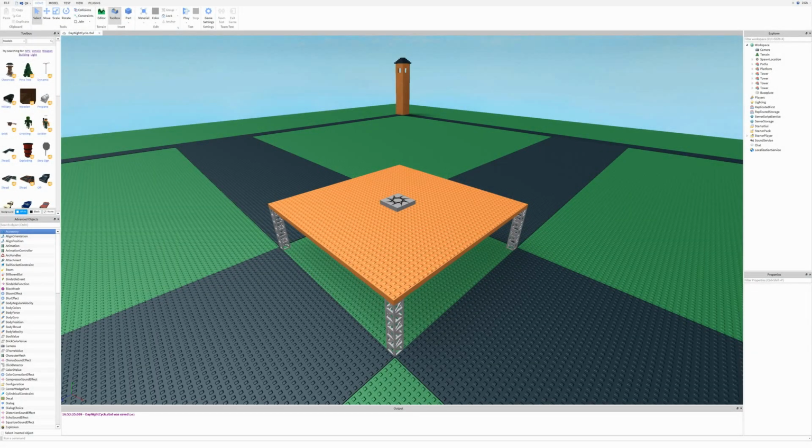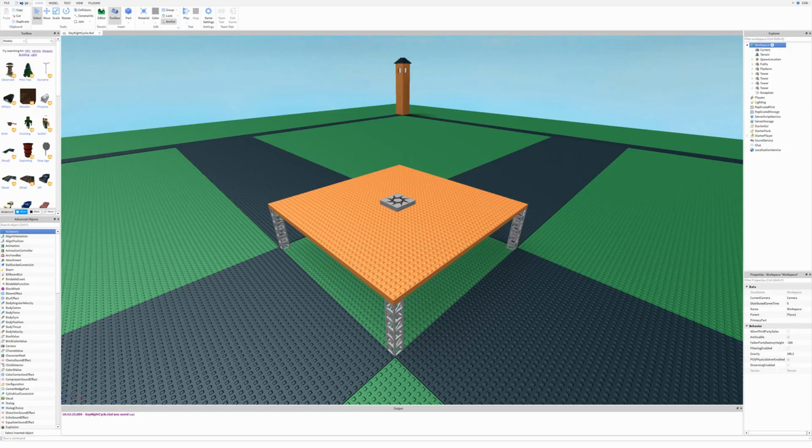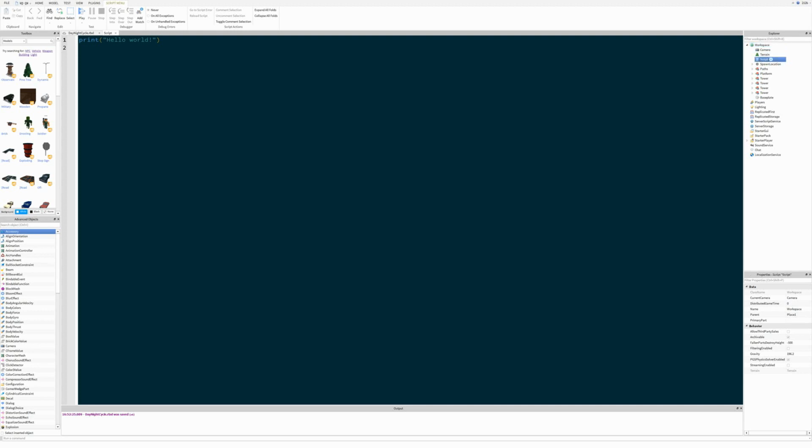Hello everyone, this is Brian, and today I'm going to show you how to make a day and night cycle script. So first we're going to make a script. We're going to call it day-night cycle script. So the first thing that we need to do to change the time is we need the lighting